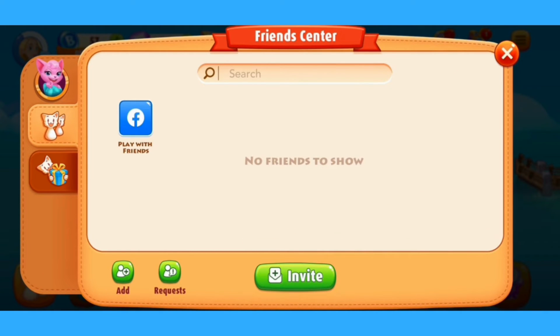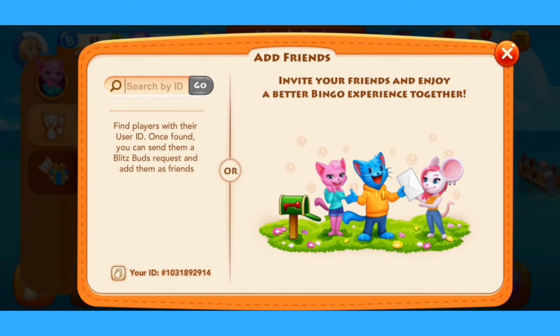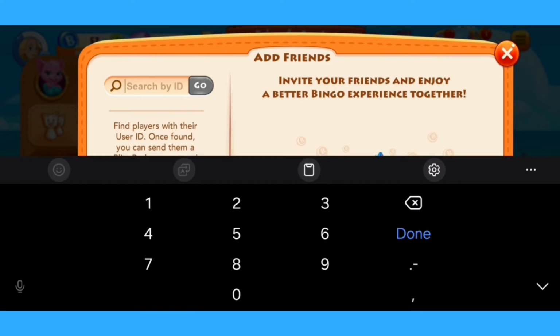Now in order to add friends, here you can see the add icon at the bottom left corner. Tap on it. After that, here you can see the search bar which says search by ID. You can tap on it. Now you need to type the ID of your friends that you want to add. Once you enter the user ID, you can send them the friend request and you can add them as your